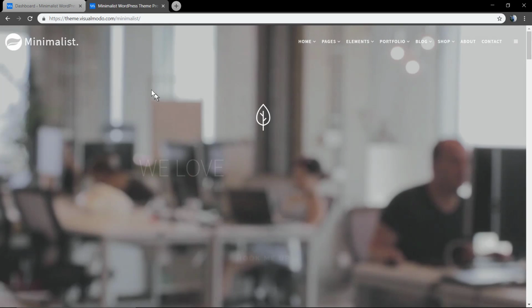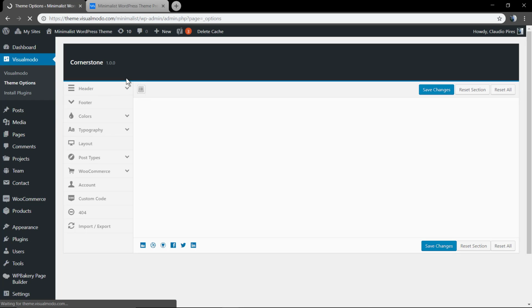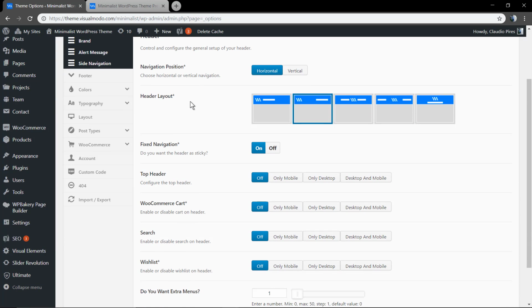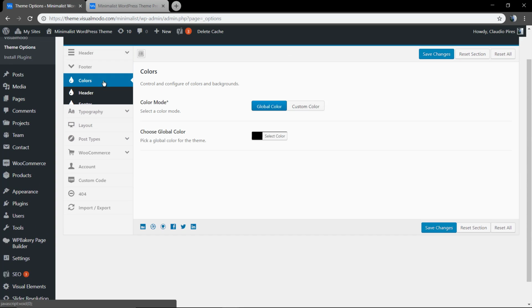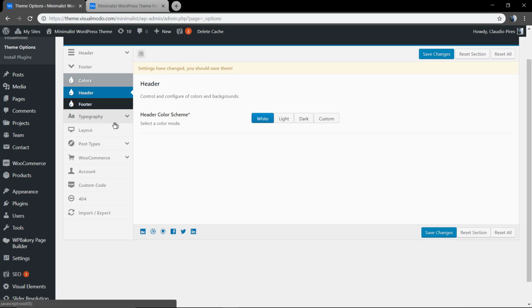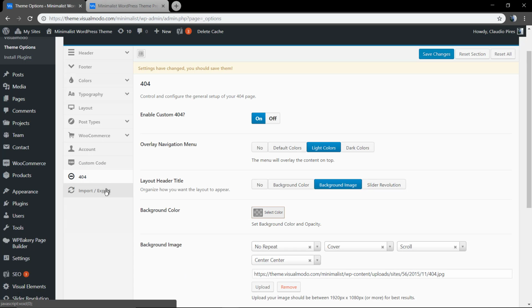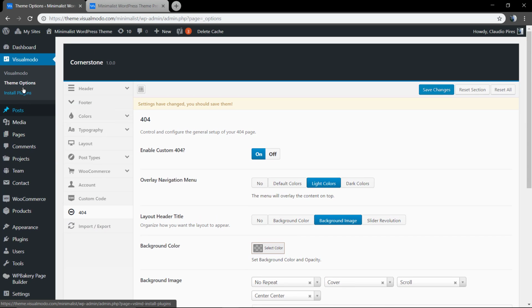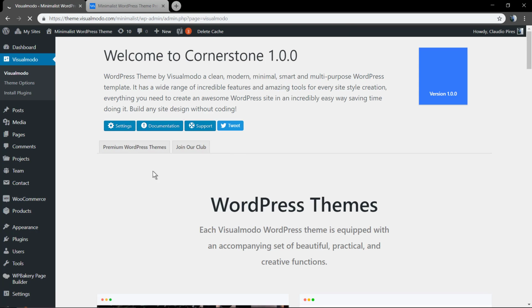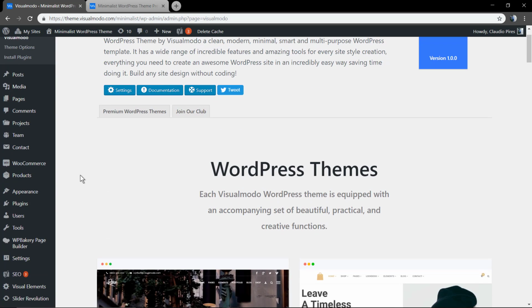Now let me show you something in the backend. The powerful Visualmodo panel with the theme options, with a lot of global settings like colors, header, footer, WooCommerce, typography, layouts, post types, account, option to add custom code easily, page not found template, plugins installation, Visualmodo exclusive demo import with one click, so you can have a site just looking like the demonstration site, WooCommerce integration, SEO integration,